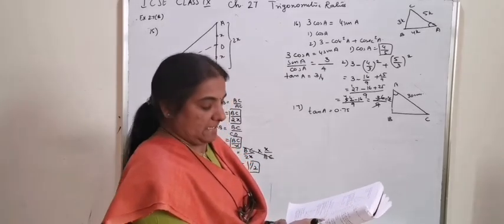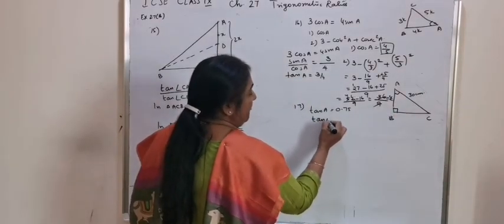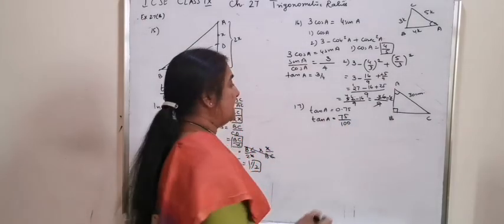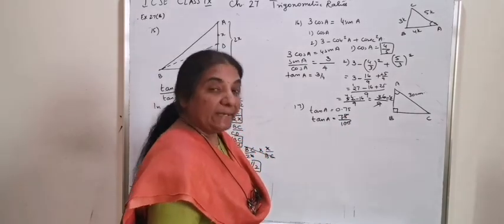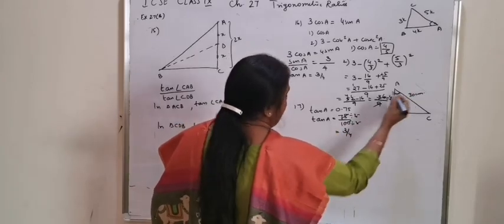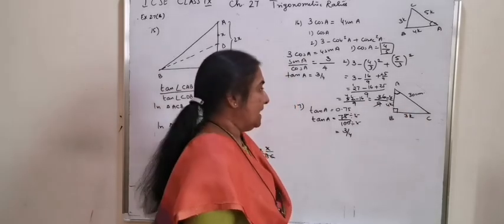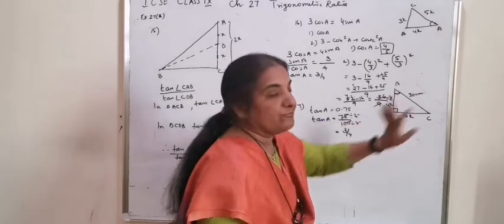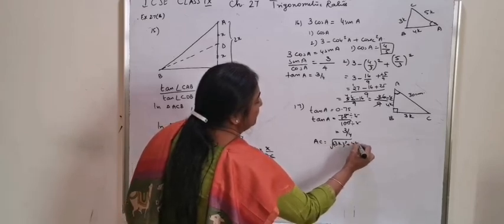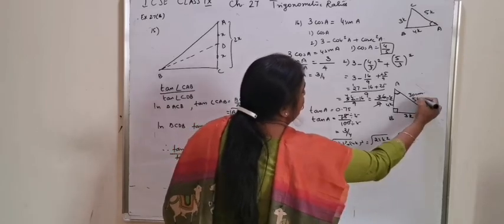The next question: tan A is equal to 0.75. AC is equal to 30 centimeter. Now, tan A is equal to 0.75, which means you can arrange it as 75 by 100, and divide by 25. It is 3 by 4. That means tan A is equal to 3 by 4, so the sides are 3K and 4K. And now the length of AC. AC is equal to square root of 3K the whole square plus 4K the whole square, square root of 25K square. That means the value is 5K.